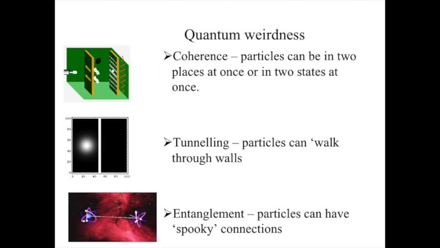So one thing I want to get through early on is that we're not talking about the, if you like, trivial features of quantum mechanics, like having energy levels in atoms. We all know those exist. They're entirely quantum mechanical. They are responsible for why I don't fall through the floor. So we're not talking about that. That's already accepted. We're talking about the weird aspects of quantum mechanics that we don't expect macroscopic objects to do. We don't expect macroscopic objects to be in two places at once, yet quantum mechanical objects can. So that's coherence, quantum coherence.